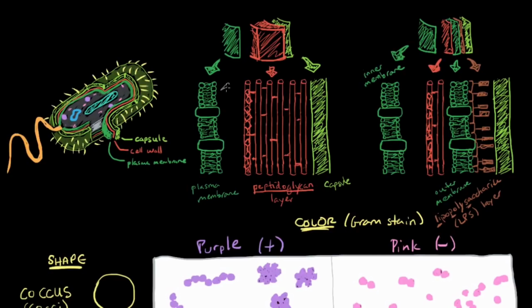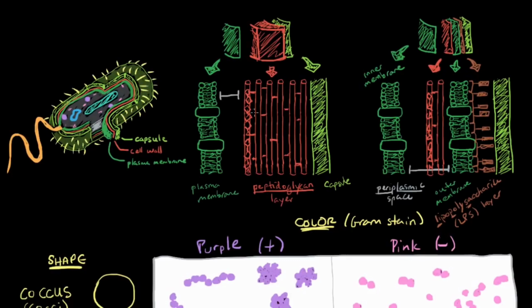Then there is a little bit of space between these two plasma membranes over on this side, and this is called the periplasmic space. I am just going to write it over here because it's easier. Think of it as peri, next to the plasma membrane. So it's the space between the two layers, above the plasma membrane and before the peptidoglycan layer here.